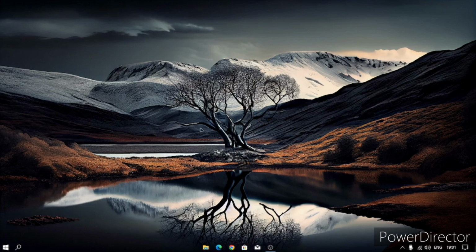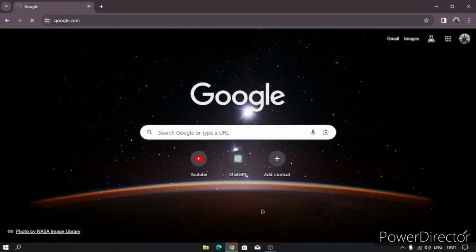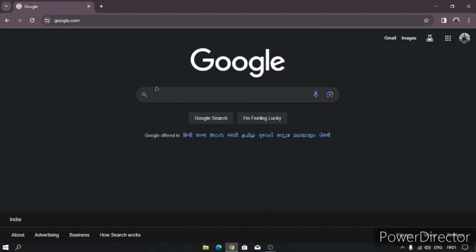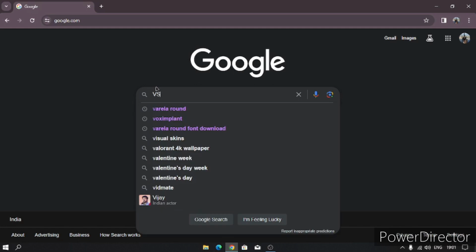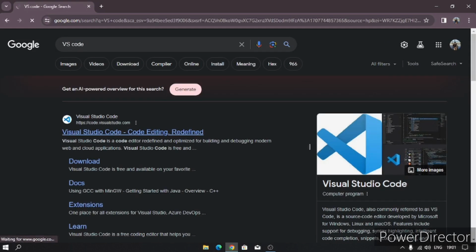In this video, we are going to see how to download the VS Code editor on a computer. So for this, we first have to open a browser, Chrome here, and then go to Google. In here, you have to type VS Code, after which a page like this will open, and click on the first link. Make sure the link is the same,